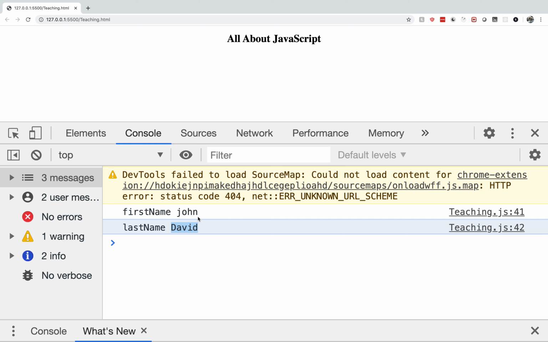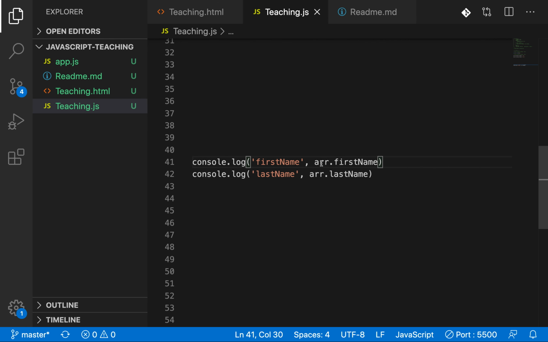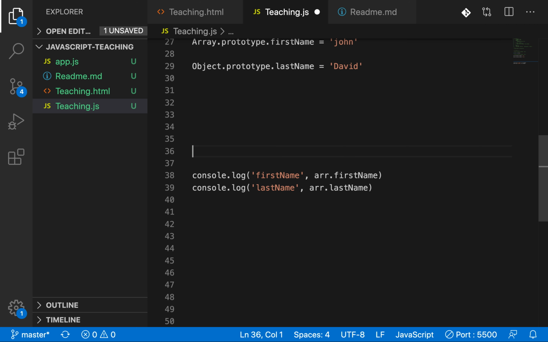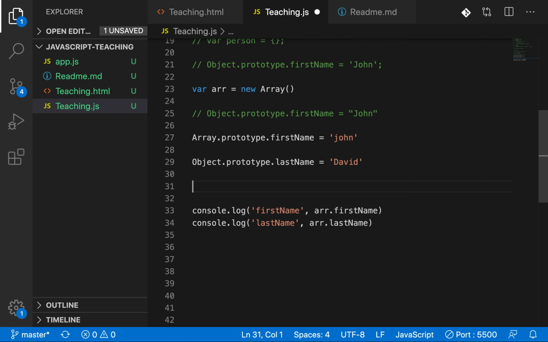But this first name and last name are stored in a different prototype chain: the first name is saved in Array.prototype, the last name in Object.prototype. You can access them just with the property names, and I will explain more about this in further classes. I just want to let you know this before, because Object.create is somewhat related to this.